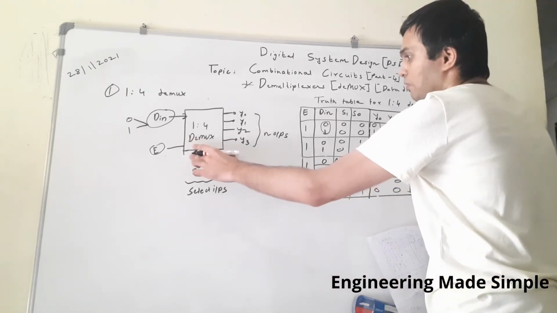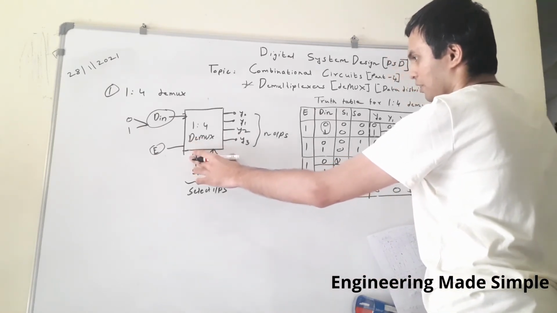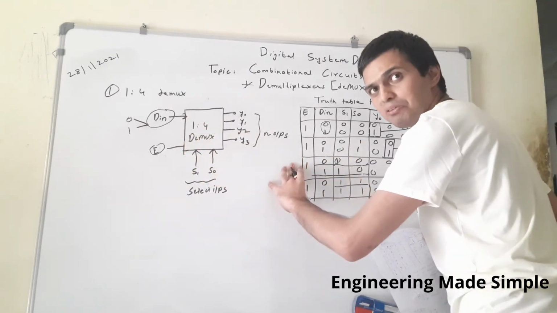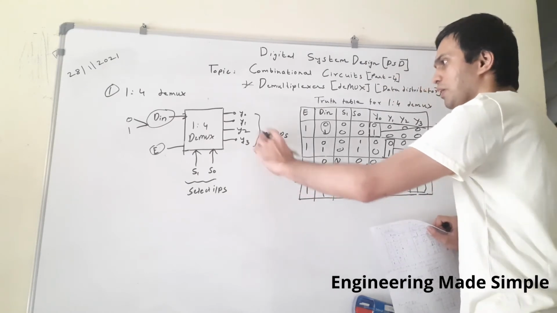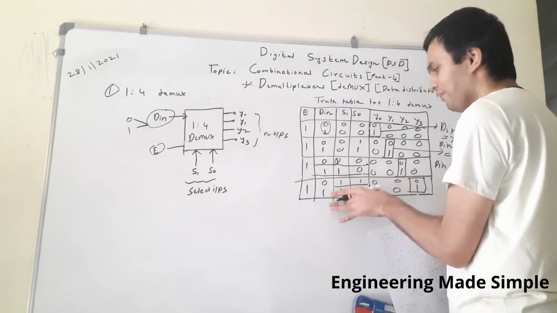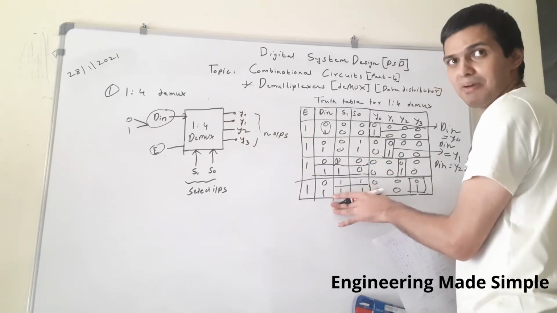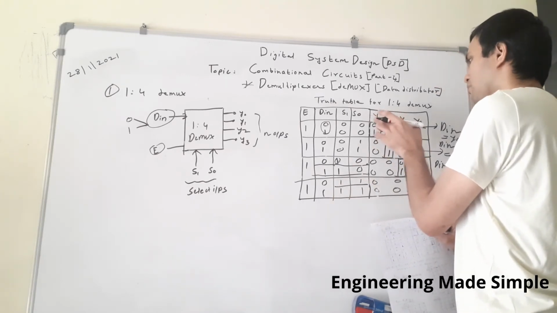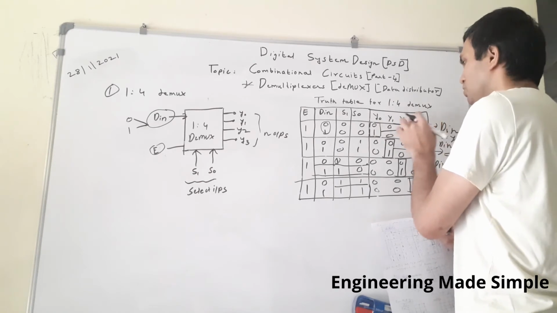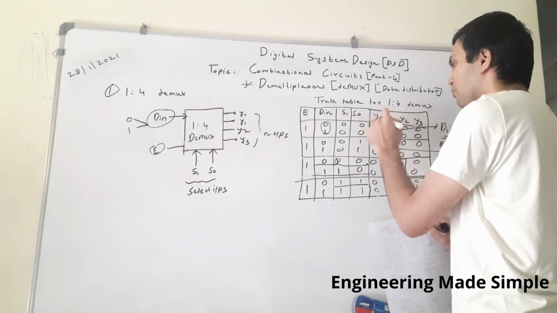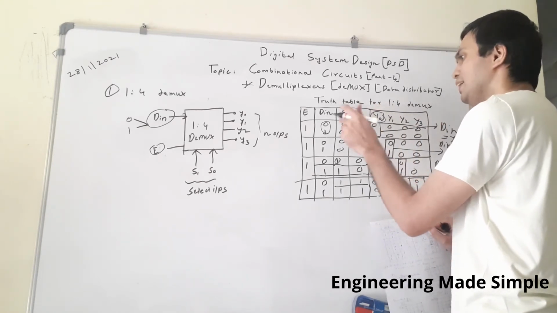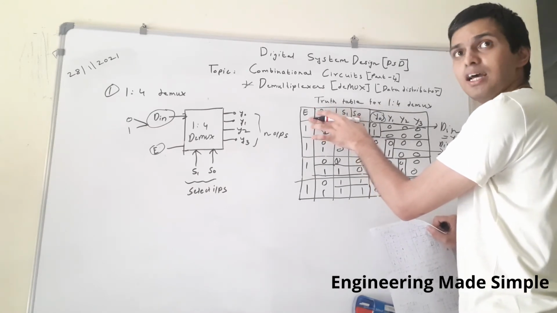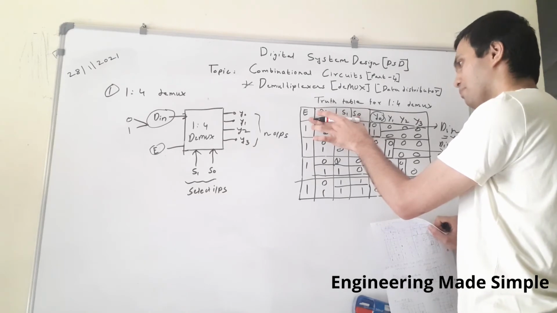Now we want to develop a circuit diagram for this one. We want to know what is inside this box. For that we have developed a truth table. Now how to obtain this particular output? When you have been given a truth table, we solve K-maps for the particular output. As you know there are 4 outputs, Y0, Y1, Y2, Y3, so we have to solve the K-map for each individual output separately. And also there are 4 input variables, so we need to solve 4 variable K-maps.